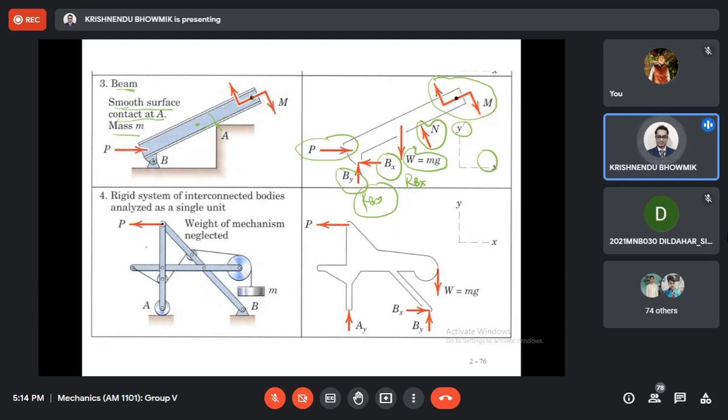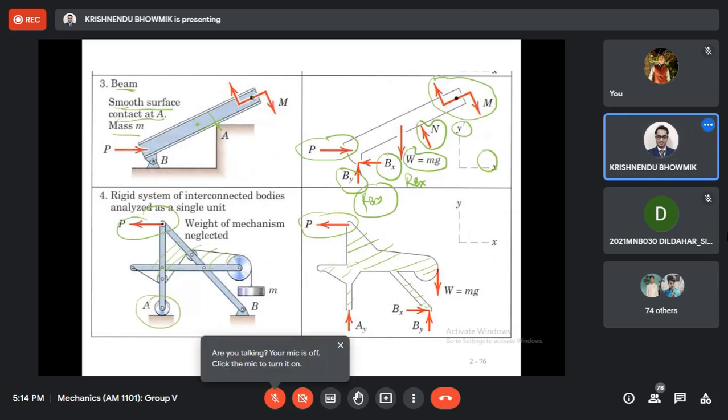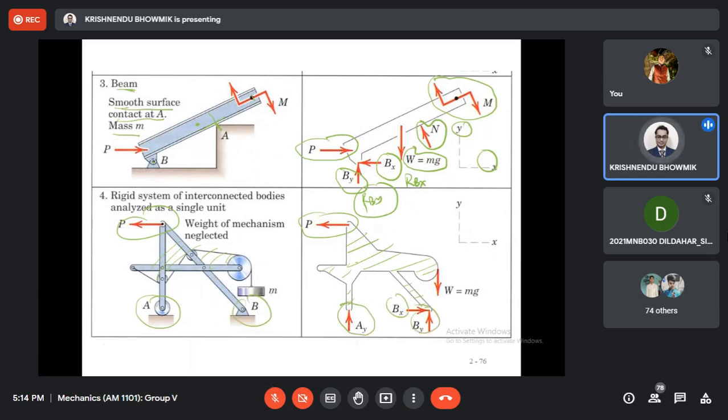Now this is the system, very complicated, but don't worry. This is the P, you represent P. This structure is a rigid structure basically. Entire structure is a rigid structure. We'll show you later which one is rigid and what the elasticity conditions are, not now. Roller, remove this roller, you will get Ry. This is pin, you will get this and this. This is the force you have applied.